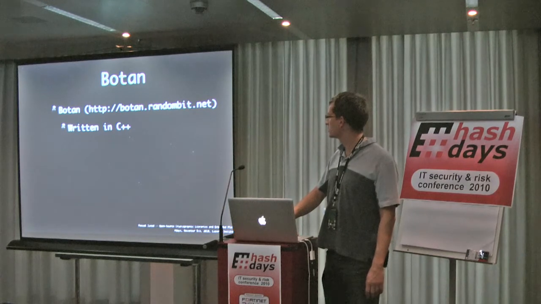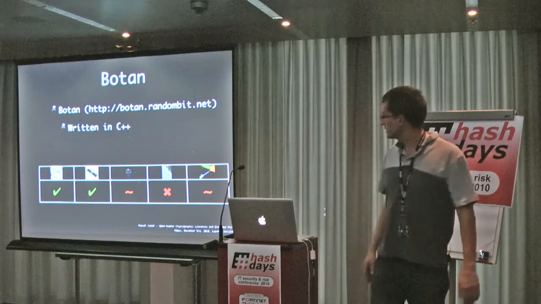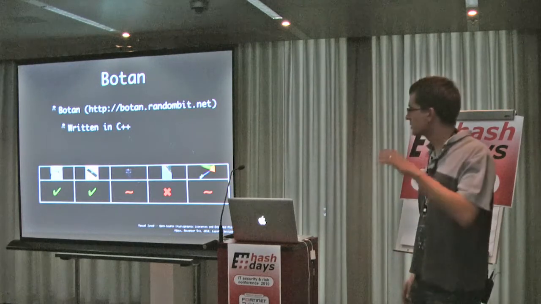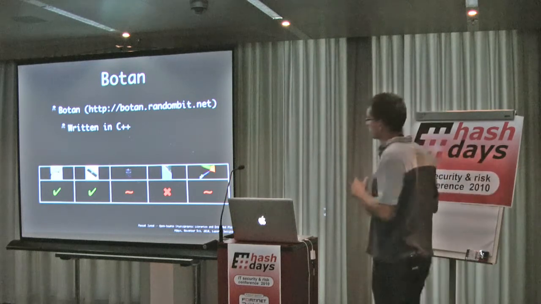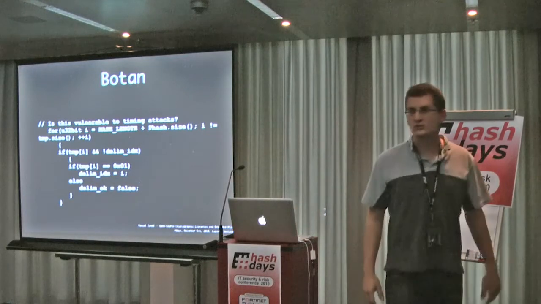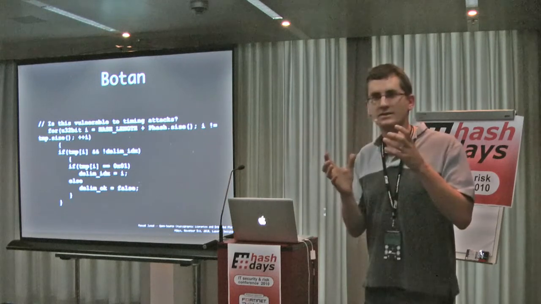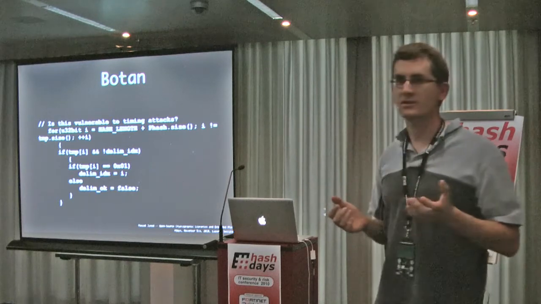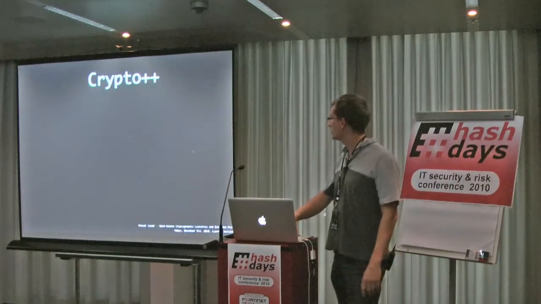Botan, written in C++, which I learned about three days ago. This is interesting because you have full protection against cache attacks and timing attacks, a bit about oracle attacks, and a bit against fault attacks. So you see that the developer is quite aware of this kind of stuff. But you have interesting comments in the source code. You have a big tree of ifs and tests and else, which is typically not time constant. And the question, is it vulnerable to timing attacks? The answer is, of course, it is vulnerable. And even more so on embedded platforms.